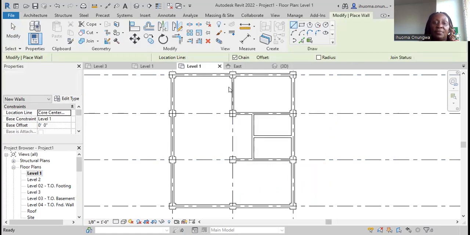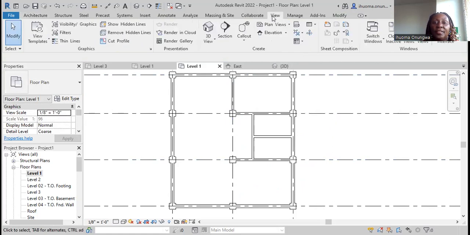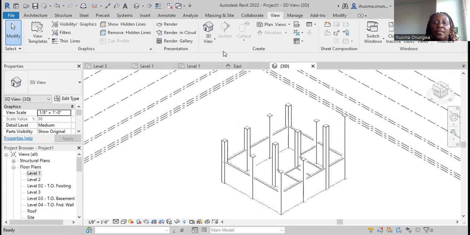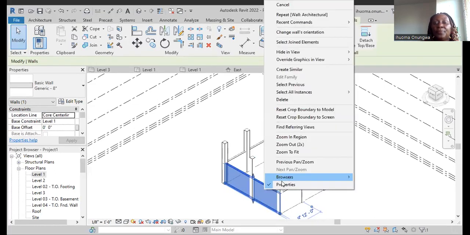Now you can see we've put in most of our interior walls and you can look at what you're drawing in 3D. So you go in here and you view, and you see this is your default 3D view. You can see here that these walls just get up to the first level. Depending on how you want your walls to be, you might want them to go up to level 2 or level 3. So I'm going to select this and say, okay, in my properties panel,